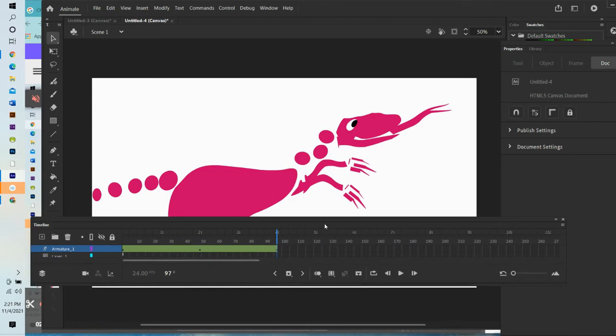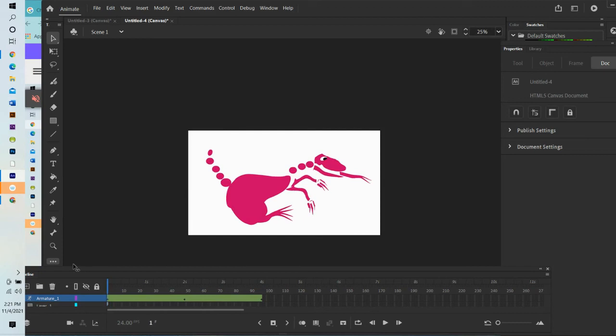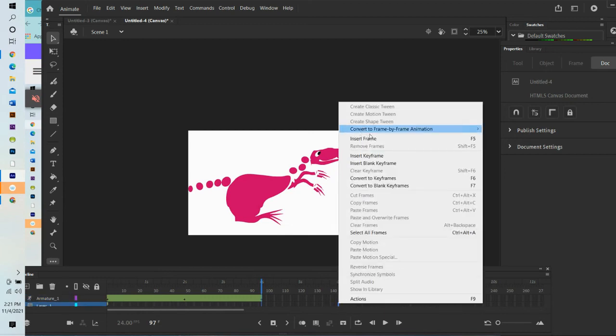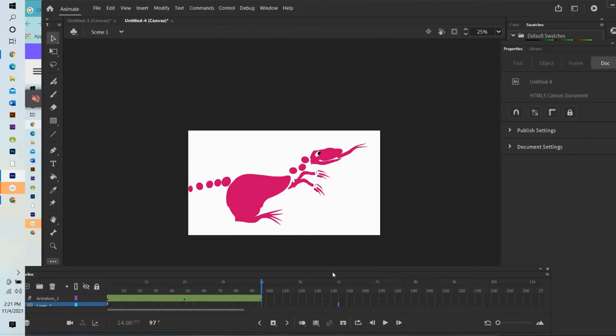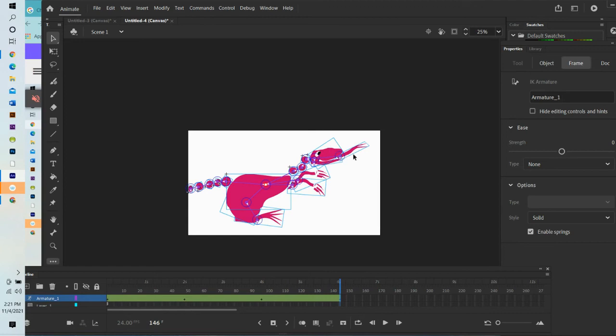Let me just compress this a little. I'm going to make this 25% because I want to be able to see the whole stage. And now I'm going to play my animation. And you can see that the monster appears to be moving, and we're having a lot of fun with it. So now I'm going to go to 4 seconds, and I will insert another pose. And now I can move my